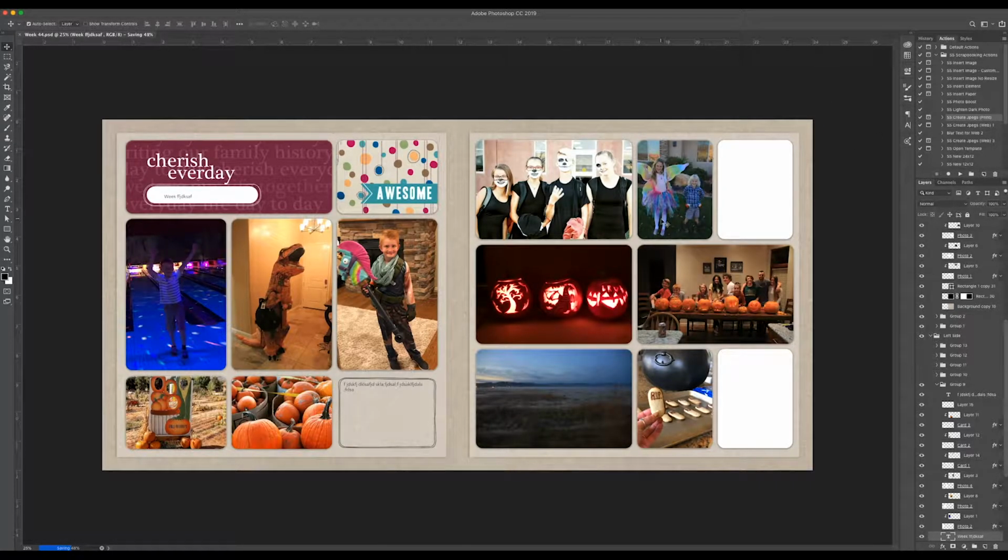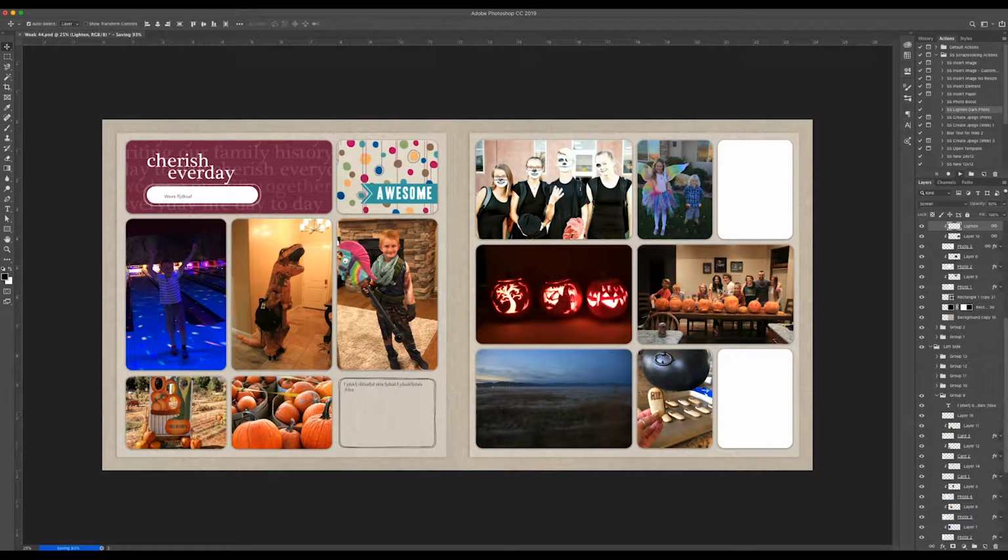A couple other things on my action sets that I just wanted to show you quick. If you have a picture that needs a little boost, it's a little dark or just not bright enough, like this one is a little dark, I can click on the picture itself and do lighten dark photo and hit play, and it will just boost it up. It'll brighten it up a little bit. You can see the difference here. So I will hide that and then show you when it's brightened. Like this one could use a color boost, which is this photo boost. So if I hit play,